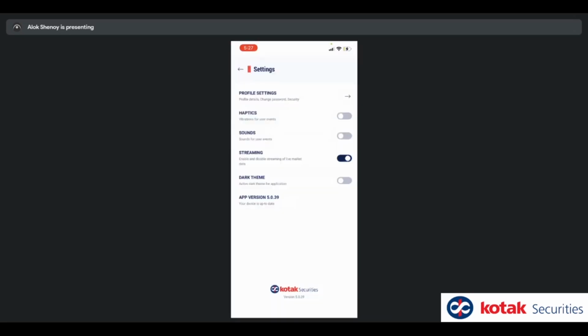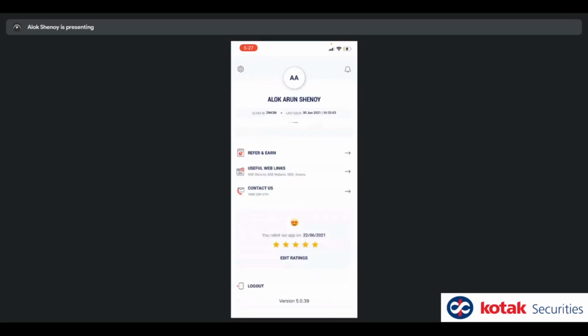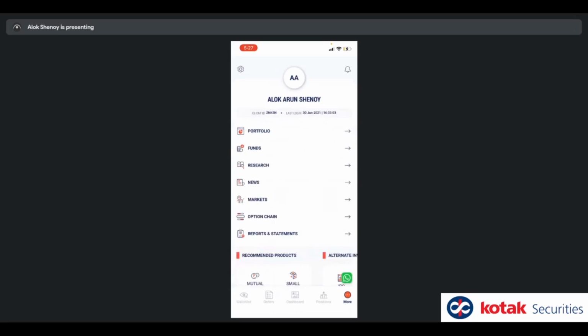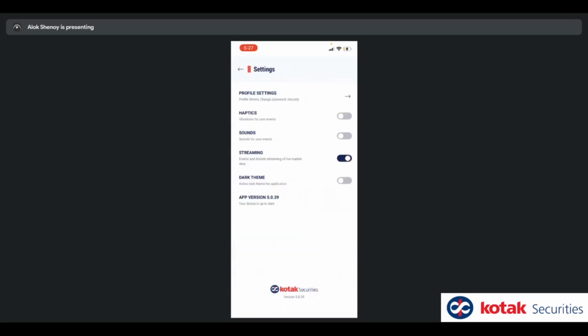App version: we are showing the app version here, which comes in handy if you call customer service. We also show it in the more menu right at the bottom here. This is essential if you're coming for customer service queries. At the same time, if an update comes to the app, we show it here as an update button. It's not there right now because we've not pushed an update, but an update app button will appear here and you can update the app from within the app.